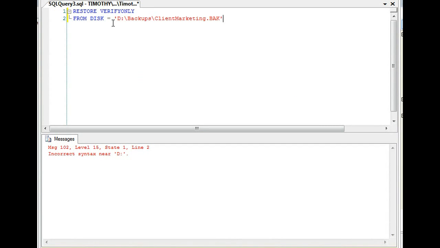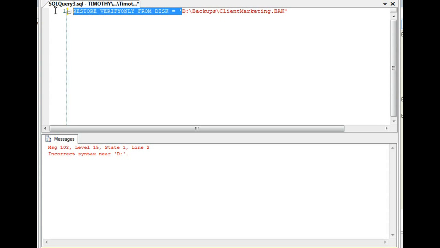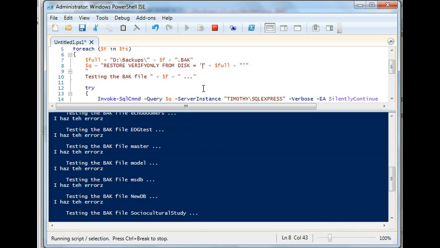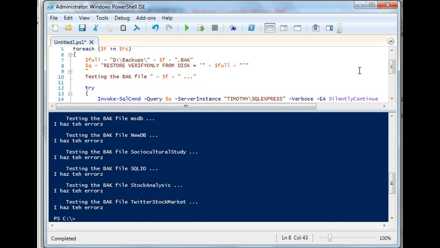I am going to check really fast just to make sure I have the right syntax across the board, because it should work. For both Express. And that